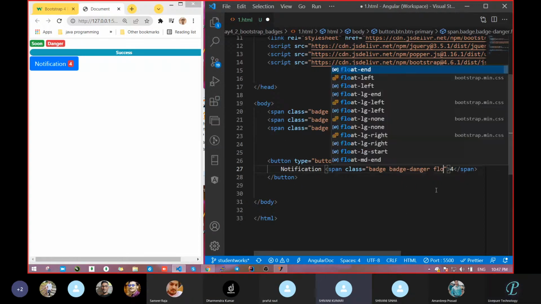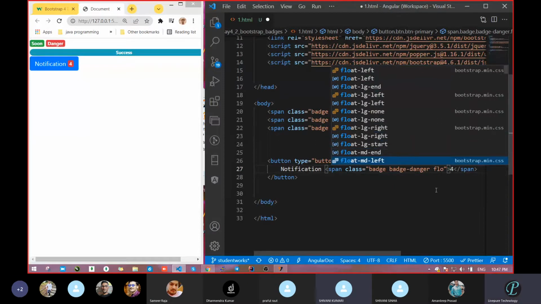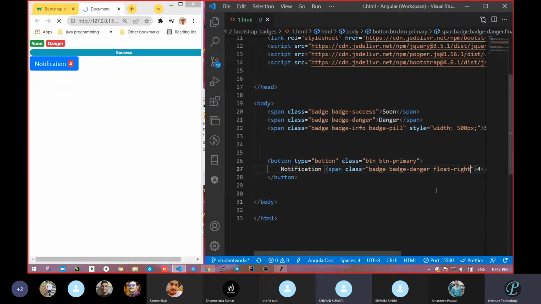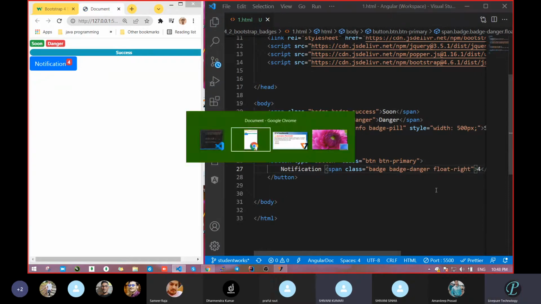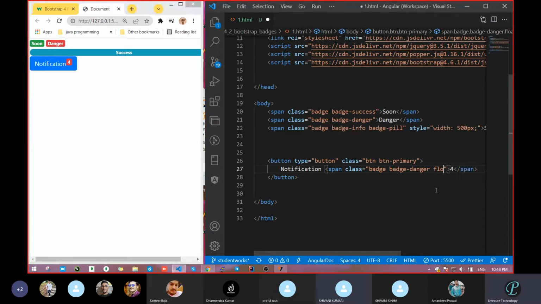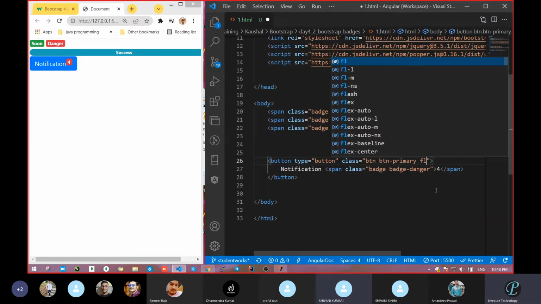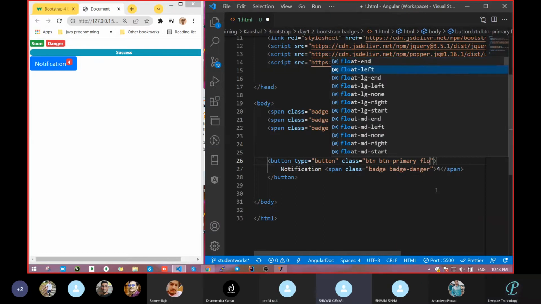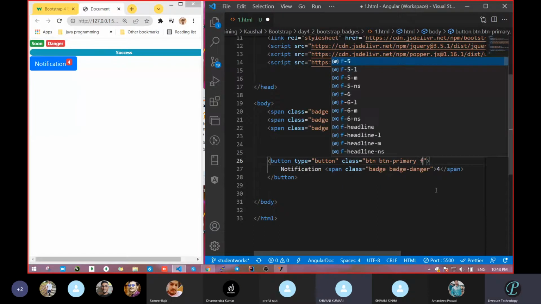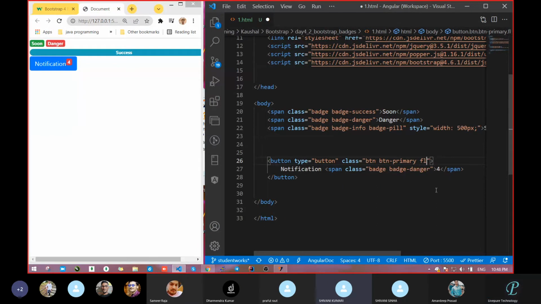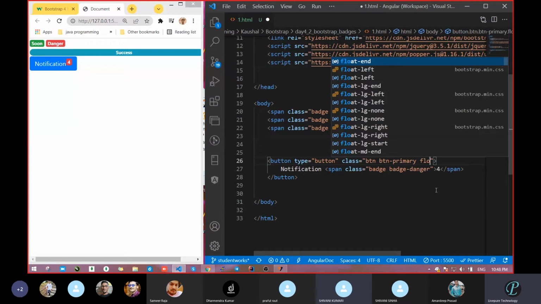Float is there directly: float-lg-left, float-md-right. Fine. These badges are going to be float right. Wait, I will pass this position directly with the class. Float left, float, yeah.